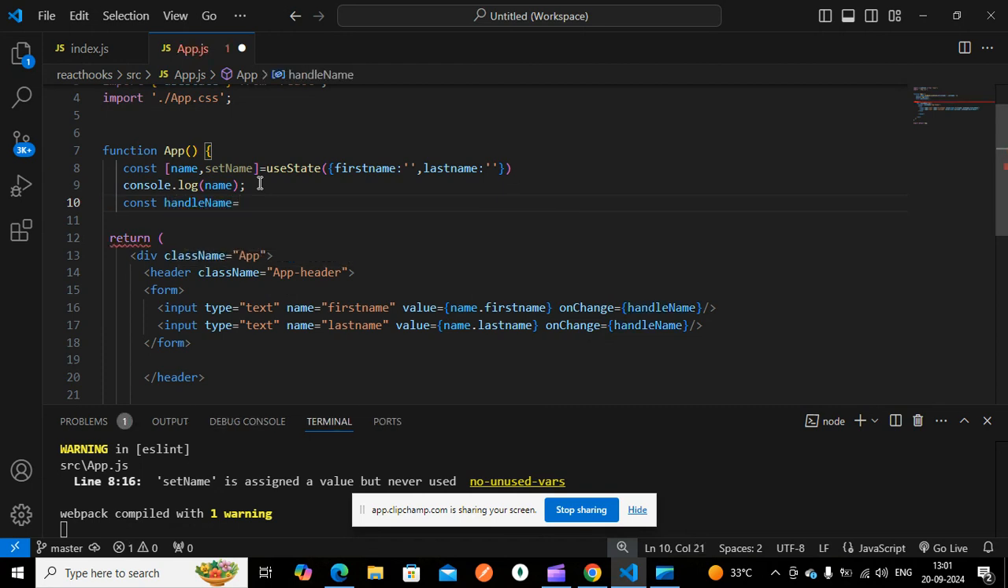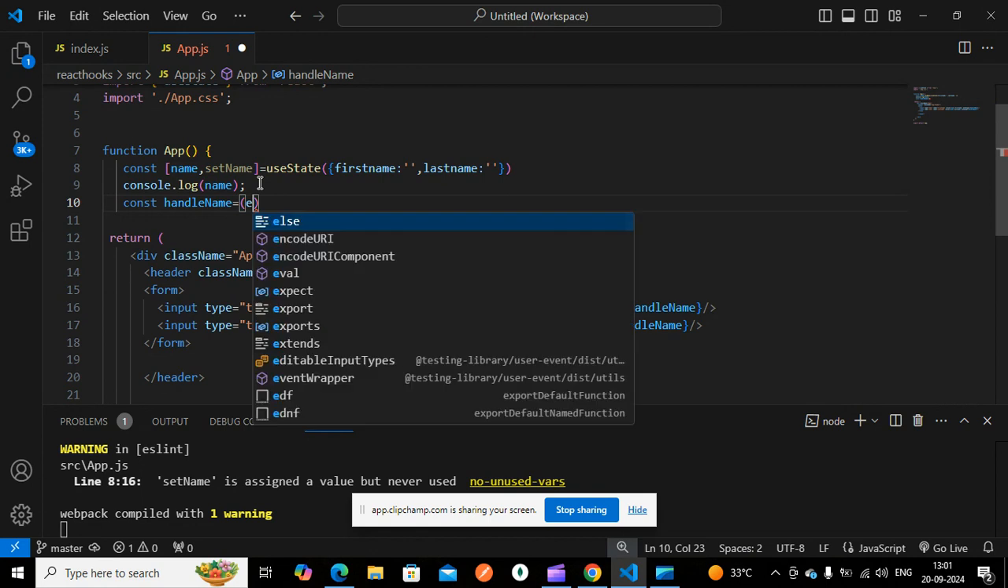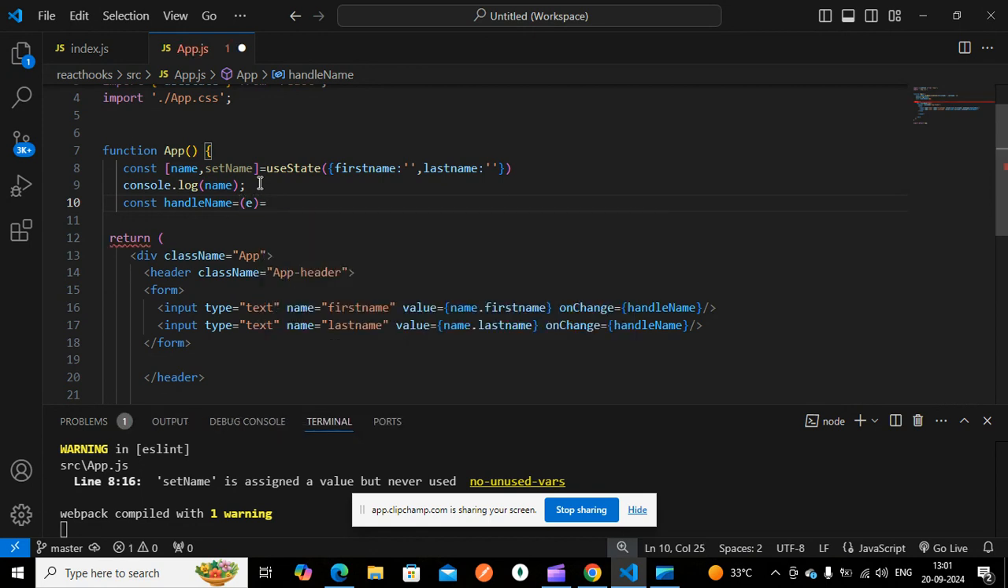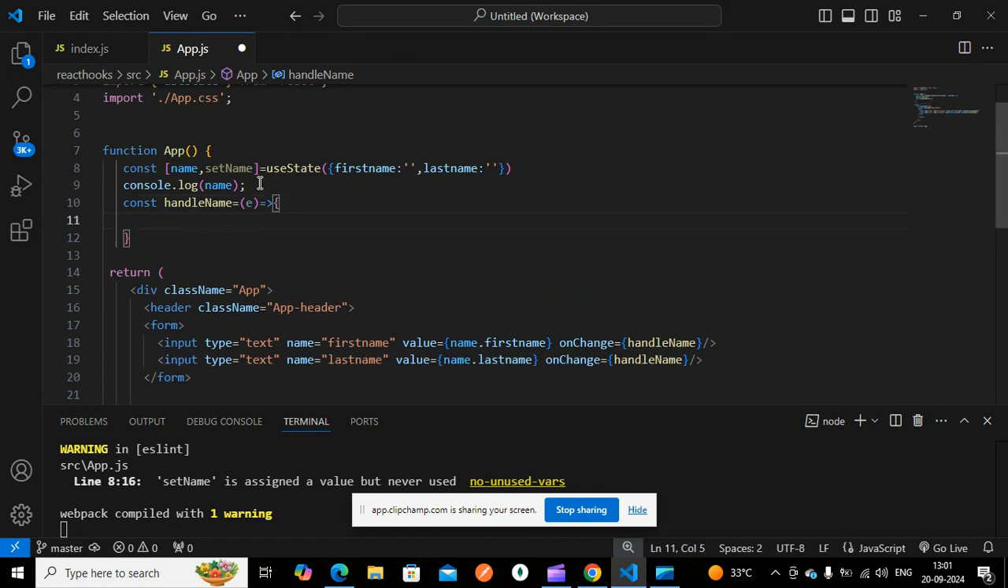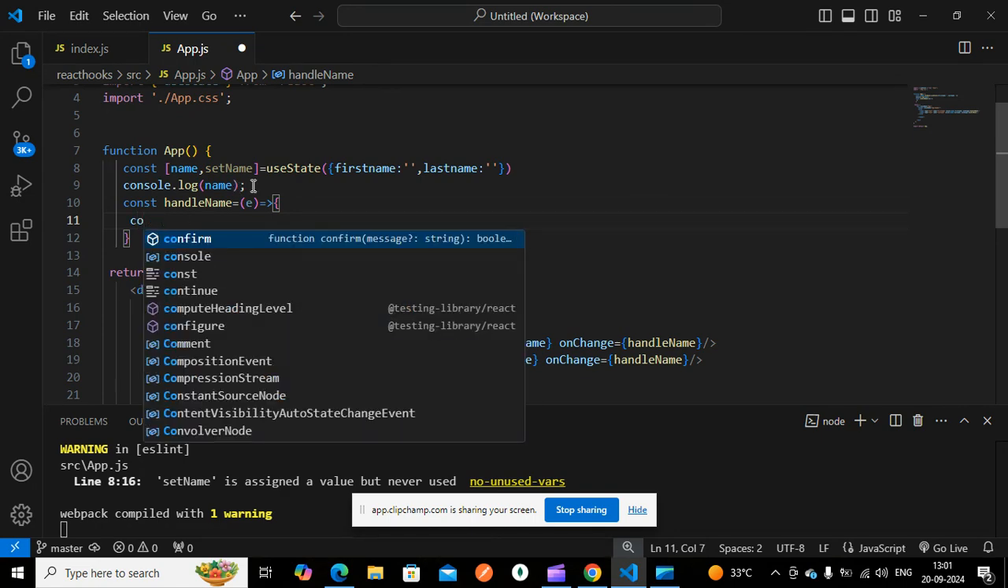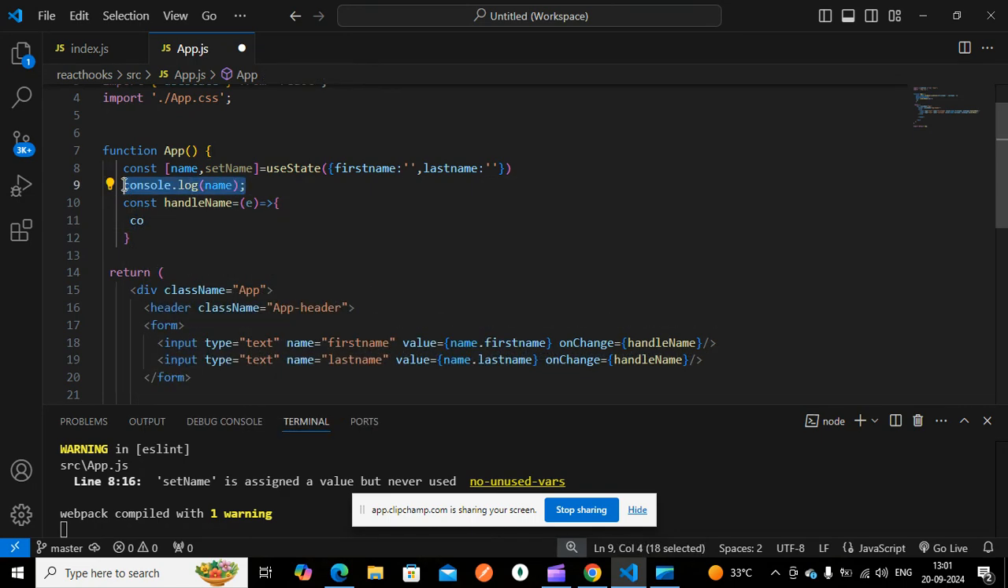So equal to, I'm passing the event. Whatever I'm typing, I want to get, right? That's why I'm giving e as a variable, e as an event here. So here I'm consoling this particular name here. I'm just deleting this one. So if I save this,